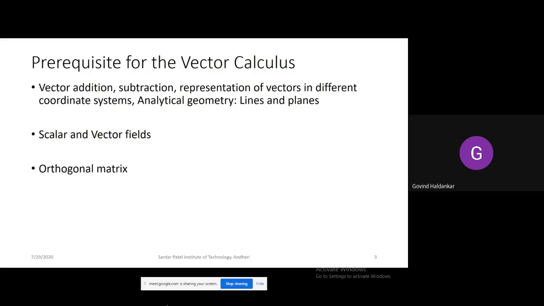Also, if you take the first column and find the vector, and again find a dot product using the first column and second column of the 2 by 2 matrix with the same terms, you will get a 0. So whether you consider a row or a column, if you find the vector and the dot product is 0, and also if you find the magnitude, you will get 1. Cos square theta plus sin square theta is equal to 1. So that type of matrix is called an orthogonal matrix.